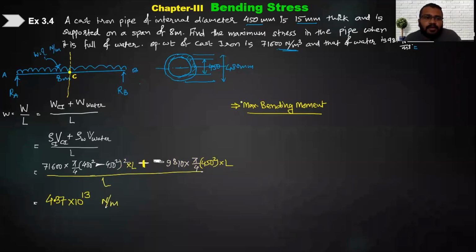Yes sir. सी हियर, अभी देखो मुझे अभी ये W का वैल्यू मिल गया, ये W का वैल्यू आई नो नाउ, इट इज 4.37 into 10⁻13 न्यूटन पर मीटर। ओके, नाउ आई वांट टू फाइंड आउट कि अगर ये W है, यहाँ पे यूडीएल है, अगर ये लेंथ L है, तो मुझे यहाँ पे बेंडिंग मोमेंट कितना आएगा? मैक्सिमम बेंडिंग मोमेंट सेंटर पे आएगा, ये तो सबको पता है। अभी वो ड्रॉ नहीं कर रहा हूँ मैं एसएफडी बीएमडी, यू नो दैट कि एसएफडी बीएमडी हमने सिंपली सपोर्टेड के लिए ऑलरेडी ड्रॉ किया है।